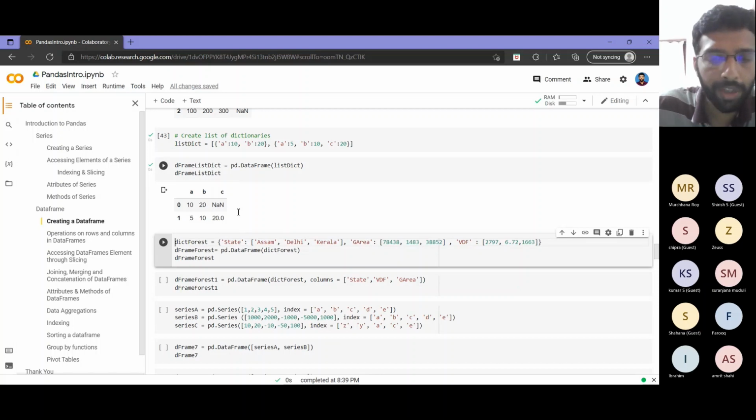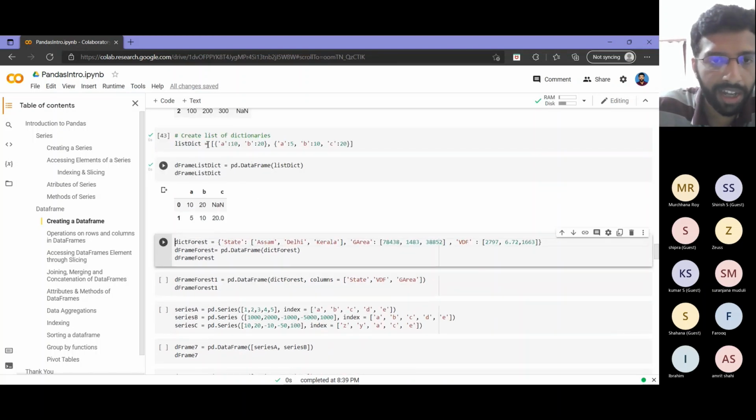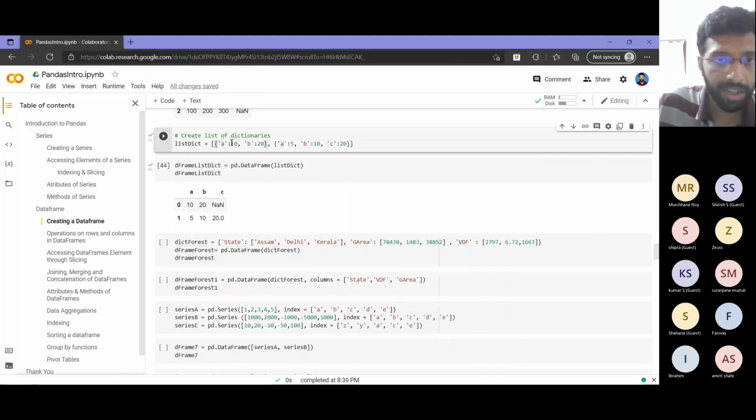Now coming to the second part, what if I have the reverse? I have a dictionary of lists. So I have 2-3 keys. Either of these you can use to create a data frame. So the same example I will do in this other way.